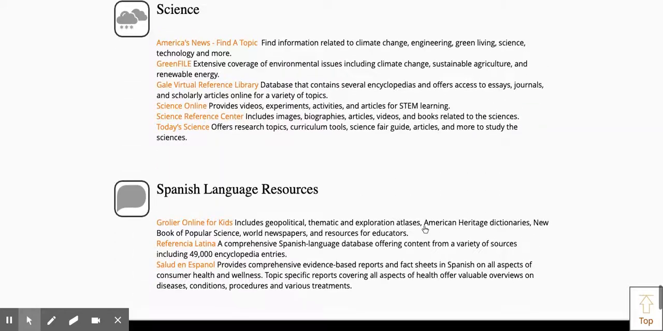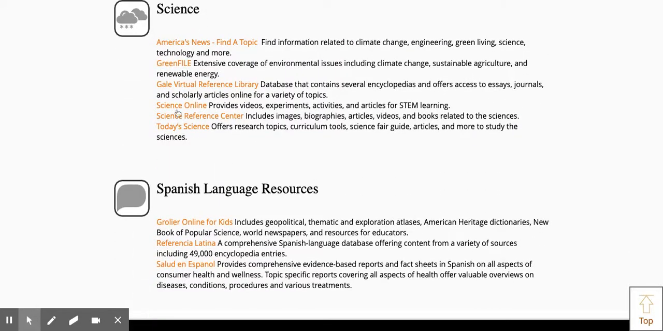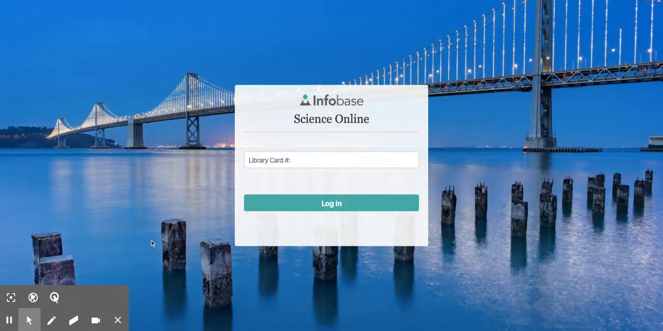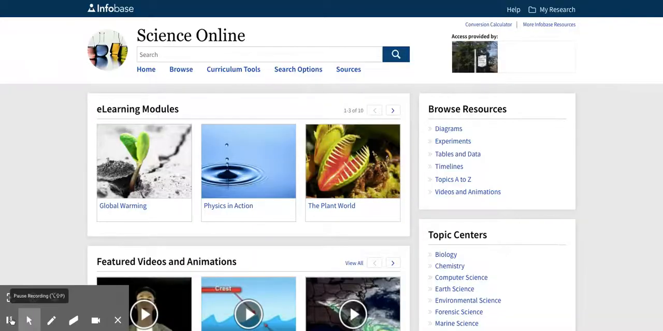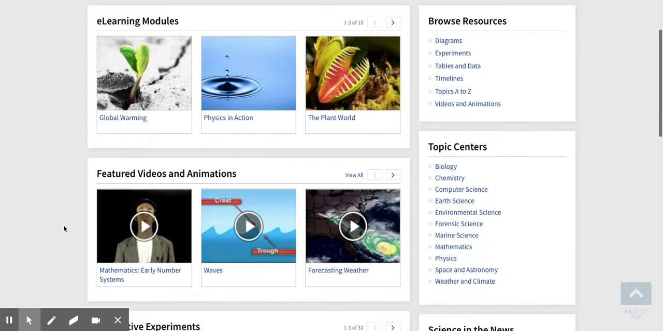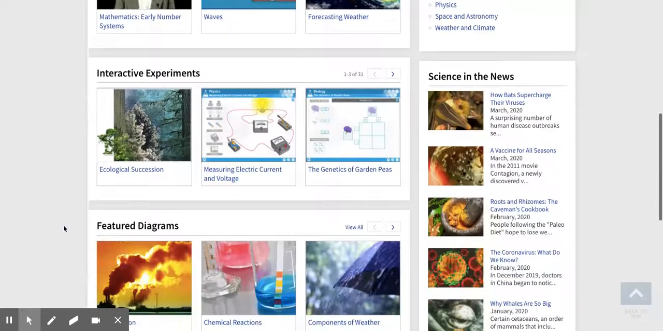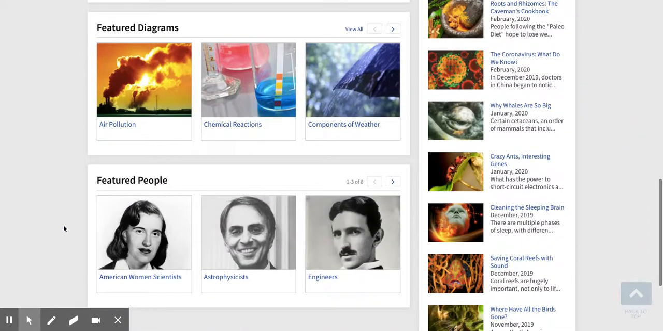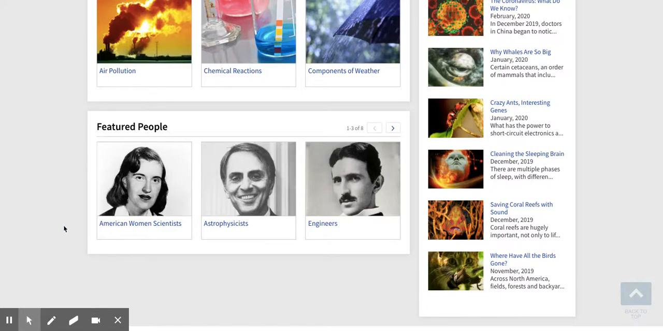And the first resource I'll show you will be called Science Online, that among other things gives you access to daily articles that are about timely topics in science that appear in the news. When accessing this from home, I'll have to supply my library card number, which I'll go ahead and do now. And there's a rich variety of things that you can do in the database, ranging from modules, videos and animation, interactive experiments,